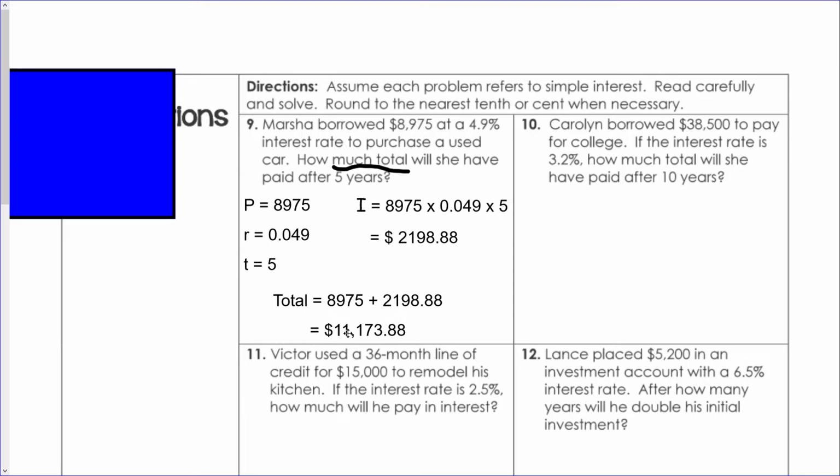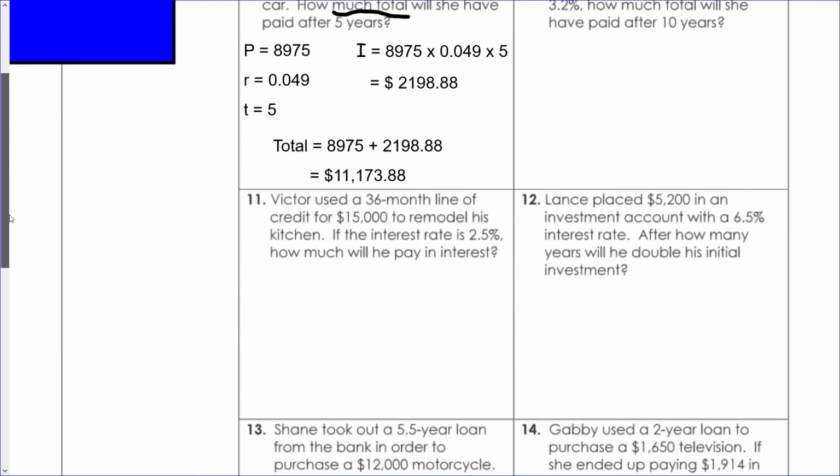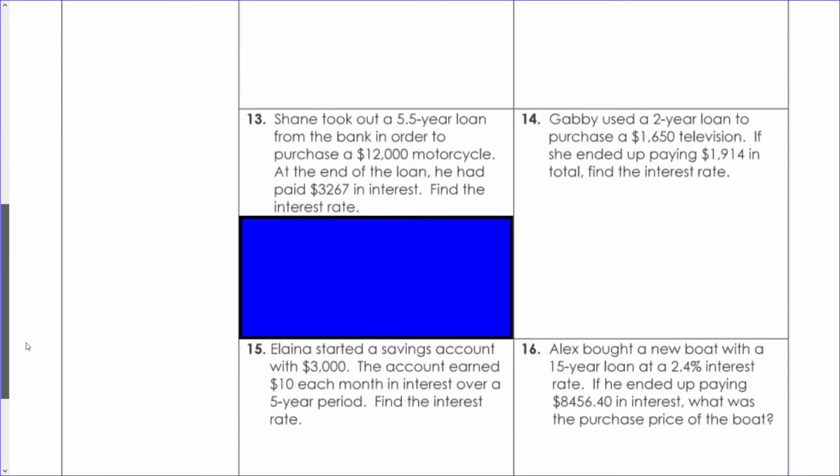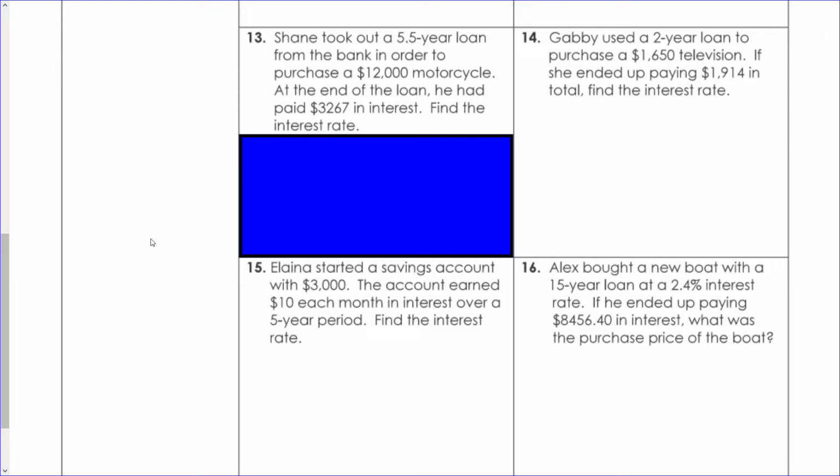And the total will equal $11,173.88. Okay, so hopefully that makes sense to everybody why we have to undertake that last step. Some of the other problems in this area of the worksheet are similar to that. Now I'm going to do just one more a little lower down on the sheet, and then you'll be on